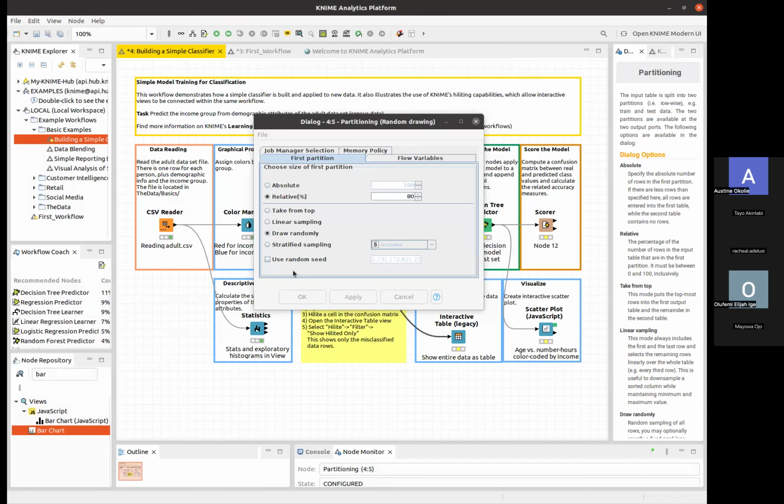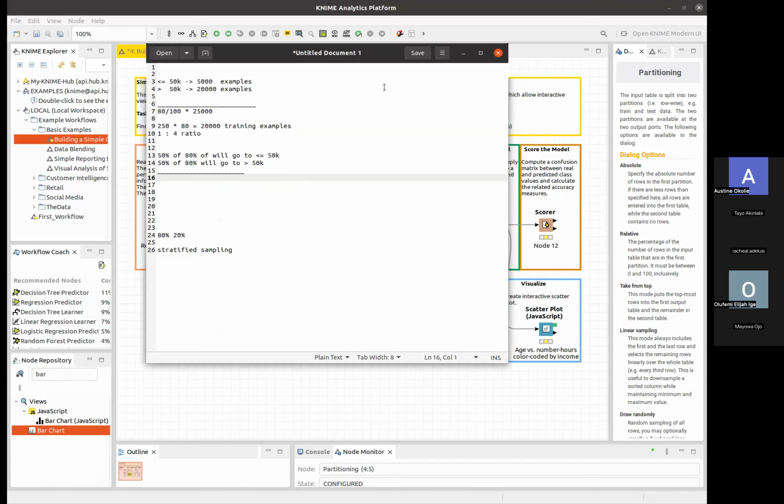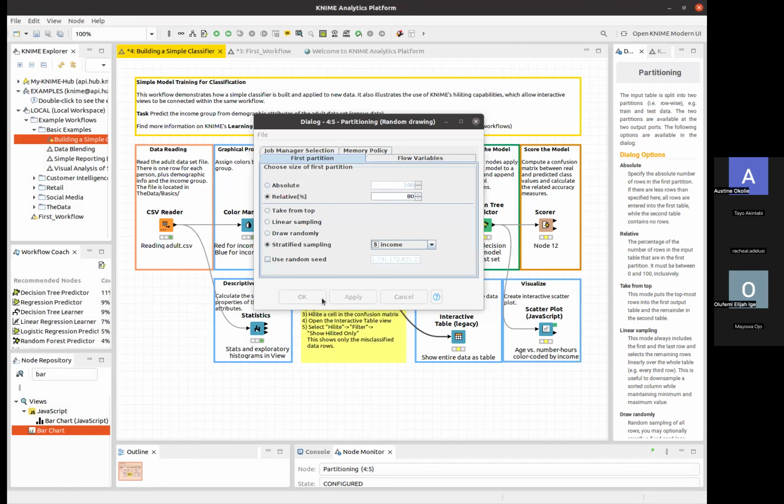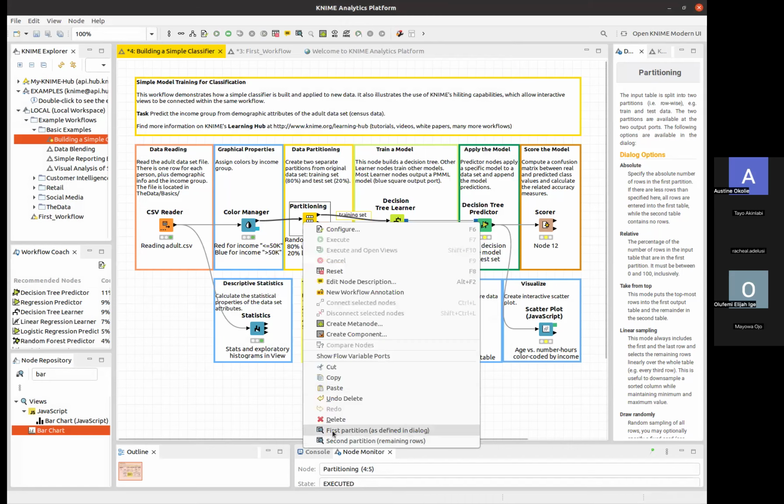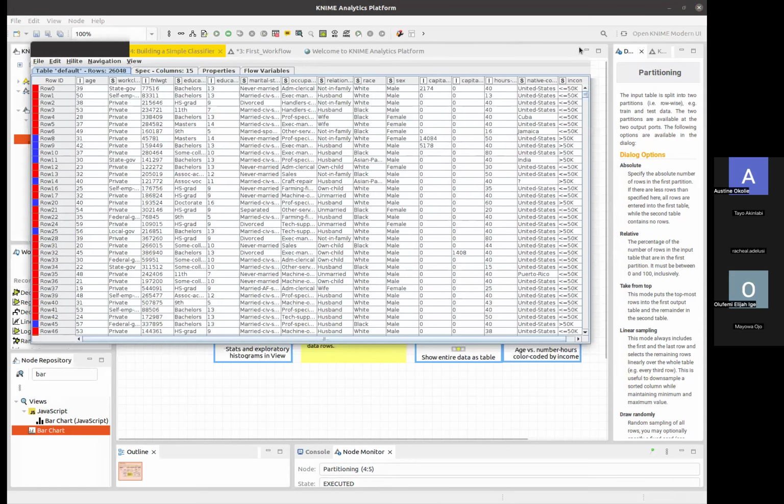So basically, that is what this stratified sampling is doing. And then when you choose income, it's going to act based on this data class. At the end of the day, we would find something like 20,000: 18,000 of these and 2,000 of these. And that is how you get the overall training set. Yeah, so we can run the code. Then we have the first partition. This is the training set. And the next one would be